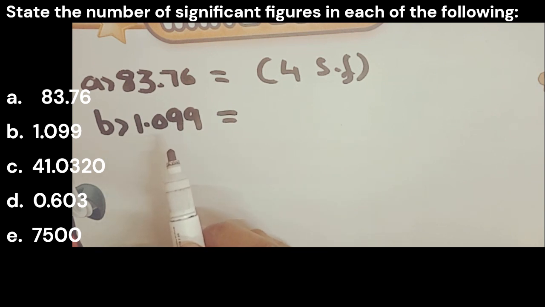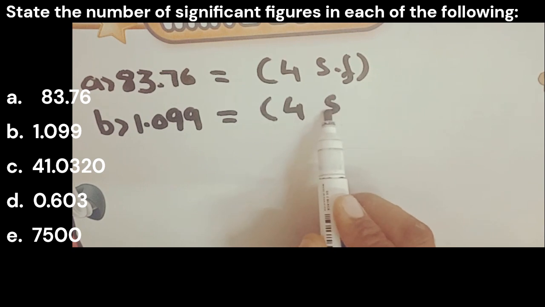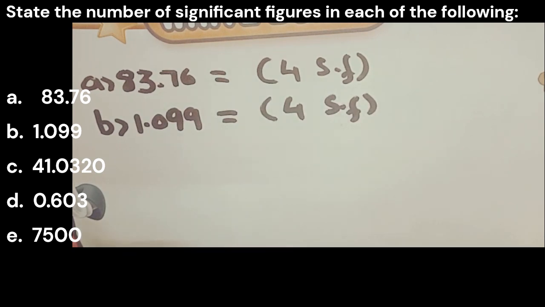So according to rule number 1, there are 3 significant figures in this number, but still we have to check rule number 2. Rule number 2 says that all the zeros between non-zeros are also significant. That means this 0 is between non-zeros, so we will consider this 0 as a significant figure. So how many significant figures are in this number? This is 1, 2, 3 and 4. Still this number has 4 significant figures. You know that significant means important figures. Okay, so part C is